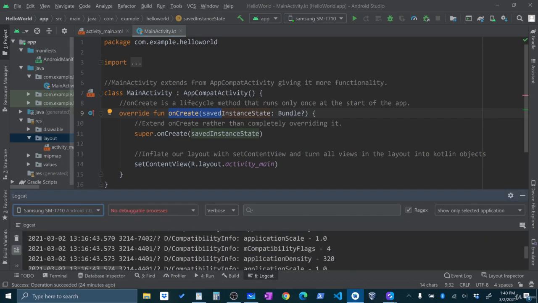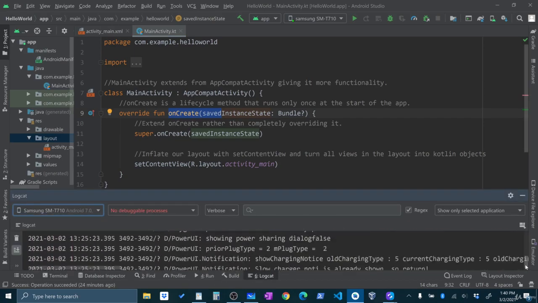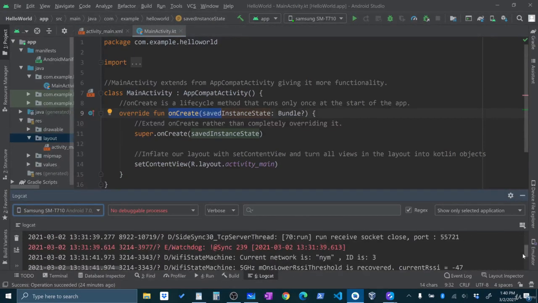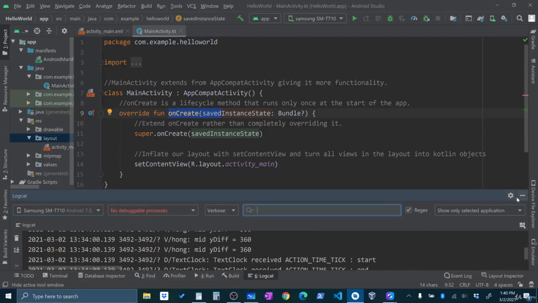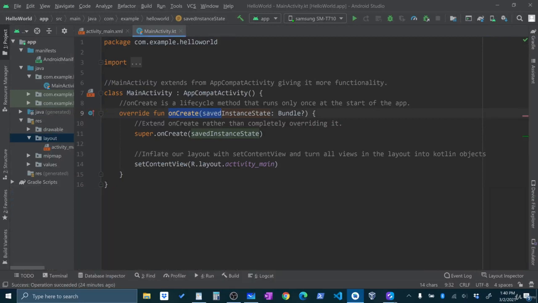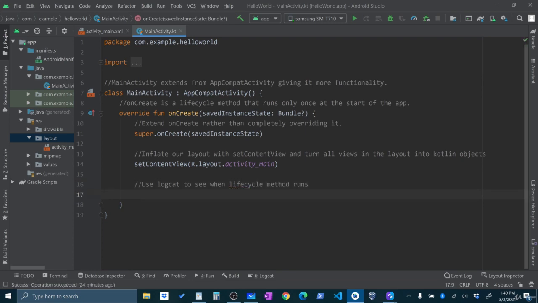So you can see logcat right here, and wow, it's just a constant stream of information. But don't worry, we can filter through this, and we'll see how in a moment. So let's just check. In our onCreate, let's use the log. So we're going to say, use logcat to see when lifecycle method runs. Okay, so in order to do this, I'm going to call the Log class, Log, and now I'm going to pass .i